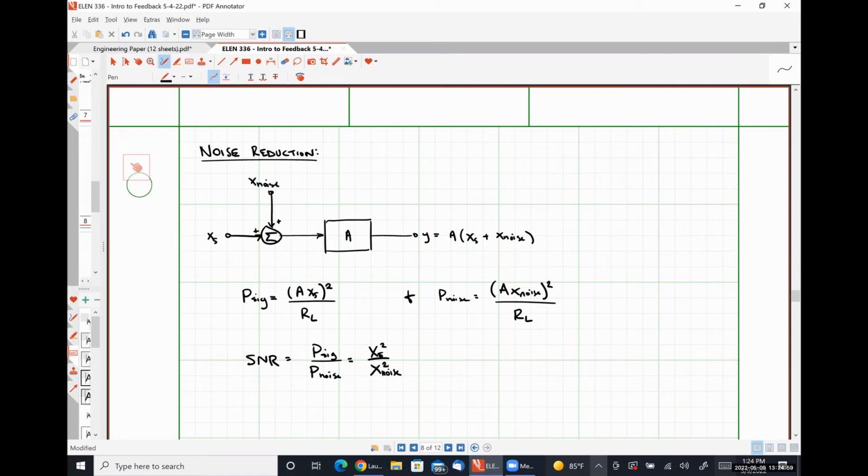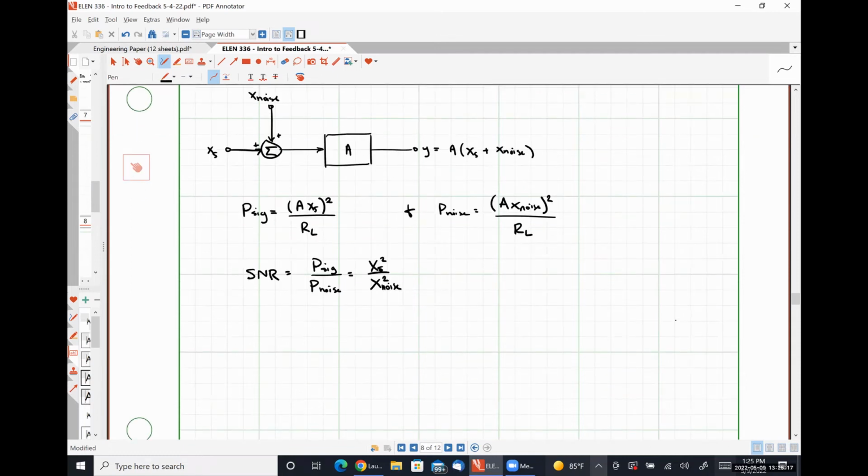The load resistance that we're delivering power to doesn't matter. It's simply a ratio of the square of the signal strength to the square of the noise strength, right? In decibels, which is how this is more frequently expressed,